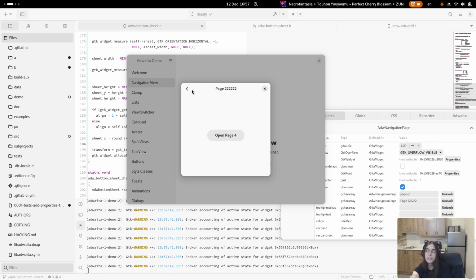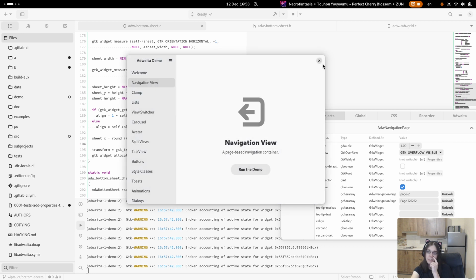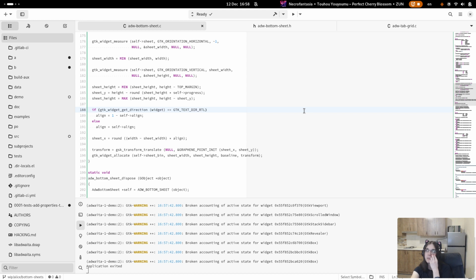If you use it inside a navigation view, inside the navigation page, and it's not the first page, it just adds a button. And also there's a close button here. Same thing. It's all special case. Because doing it manually is tedious and so many apps get it wrong. So I want to automate it. And for sheets, might do it as well, really.